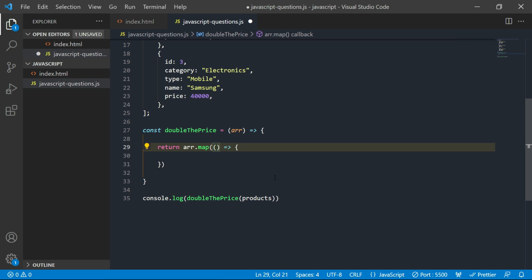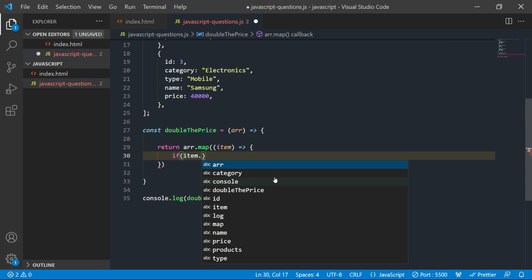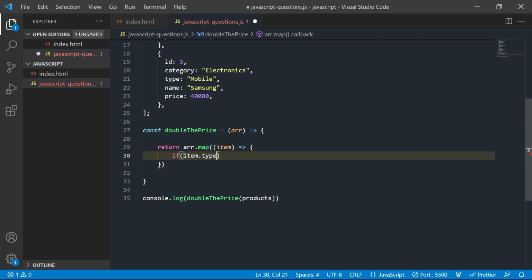So it has an argument; we can take item. So now we need to check the condition: if item.type is equal to mobile, right?